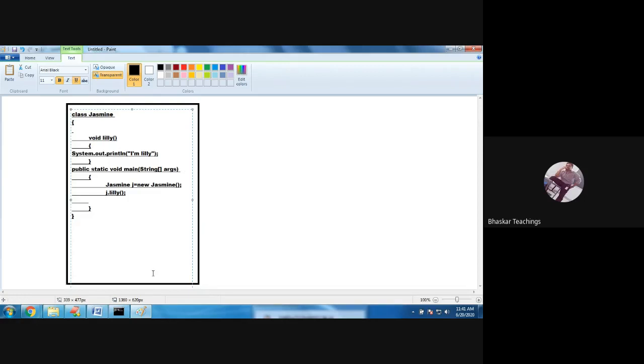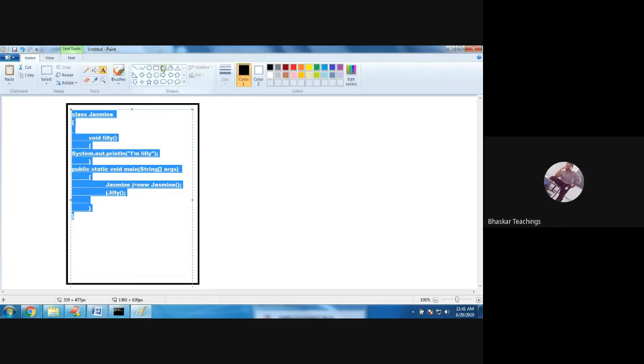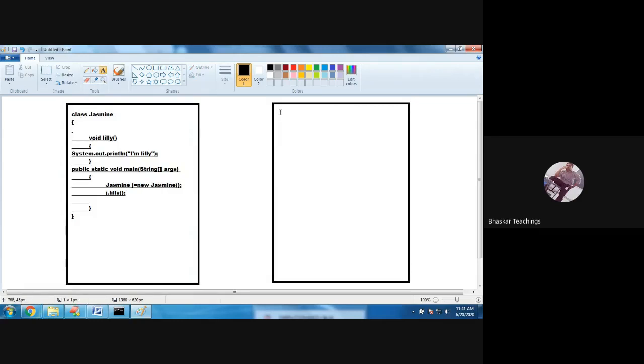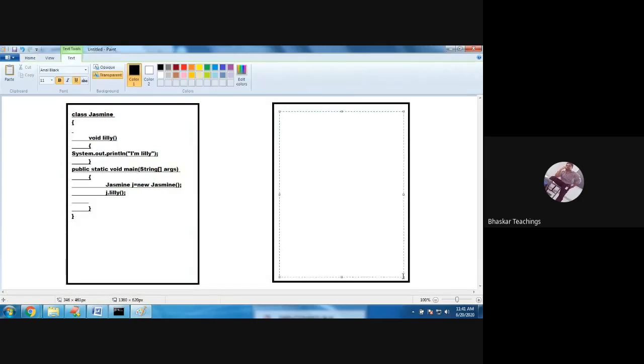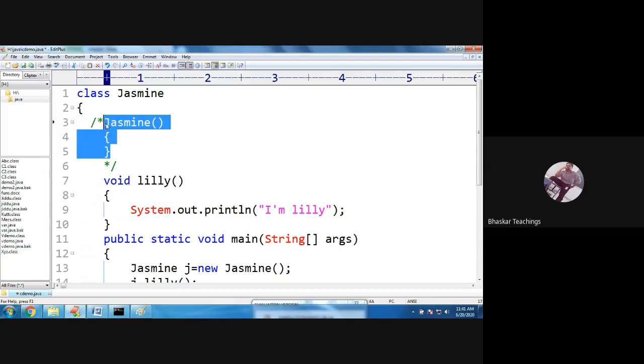So what is going to happen? After compilation, when the compiler compiles the program, it will generate a default constructor for our program. It adds a default constructor to our program, that is this one.